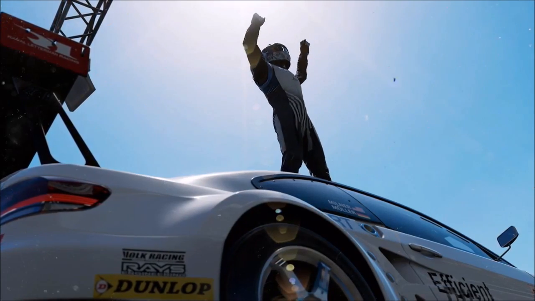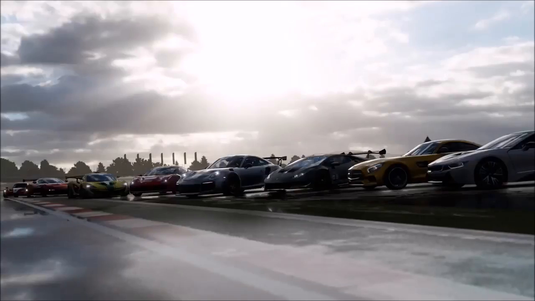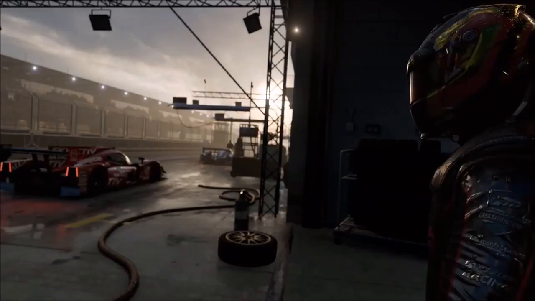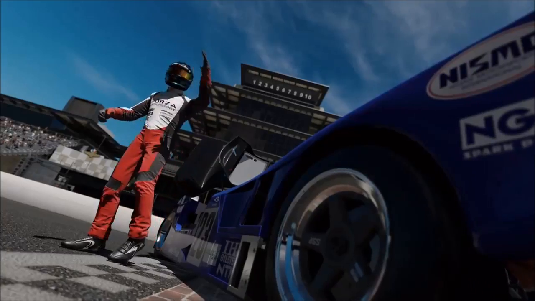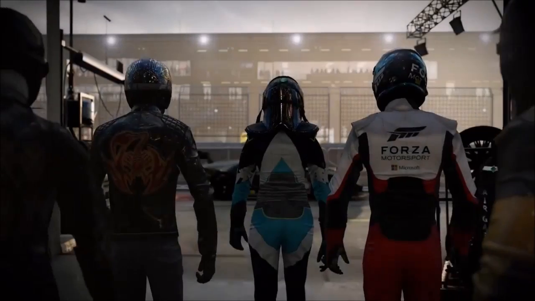Now, some of the stuff which you could touch on in a video like this, we've kind of already touched on in my review of the demo, because the start of this game opens up in a very similar way to the Forza 7 demo. Now, the three opening events are actually exactly the same. You've got the Porsche 911 at Abu Dhabi, you've got the Mercedes truck at Mugello, and then there is a